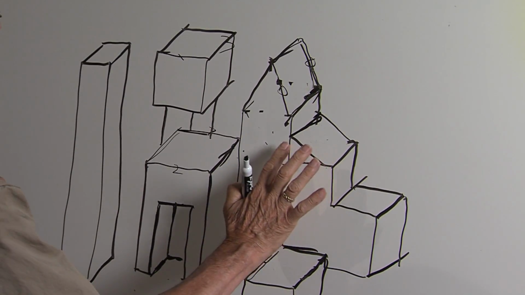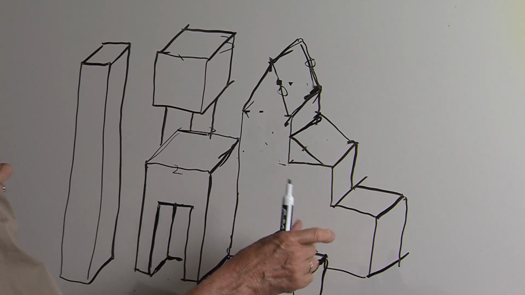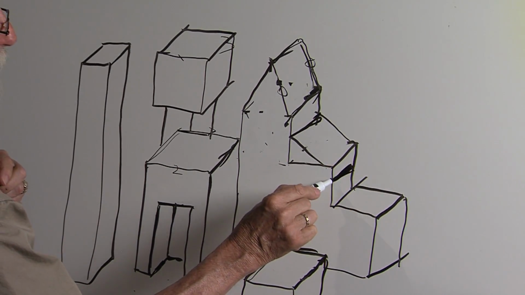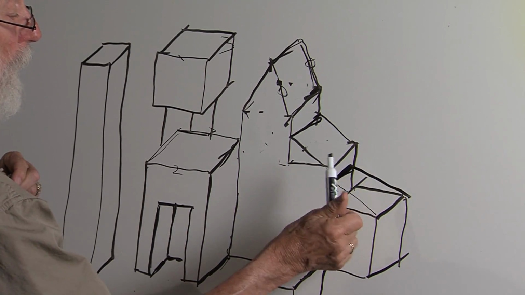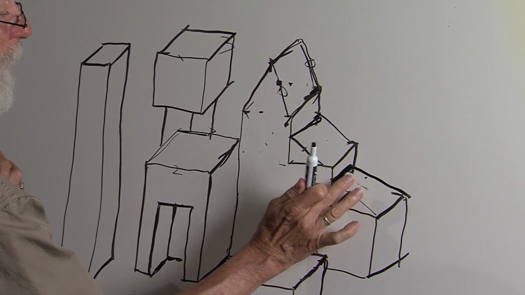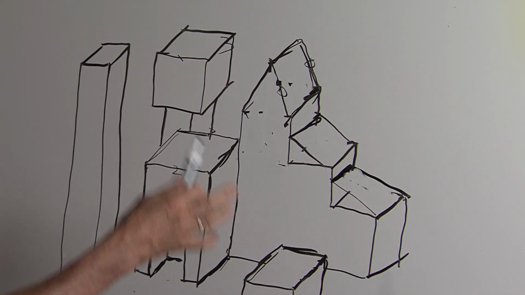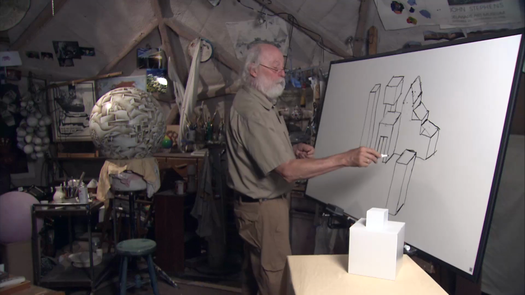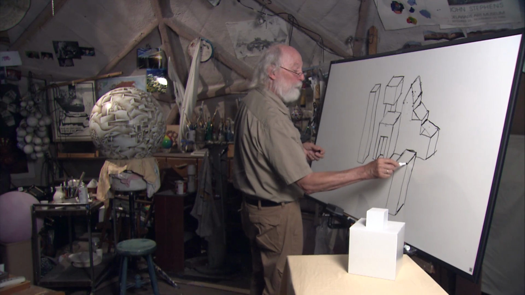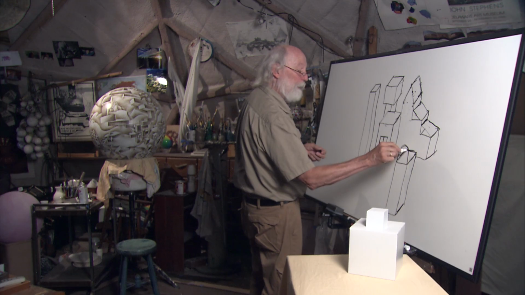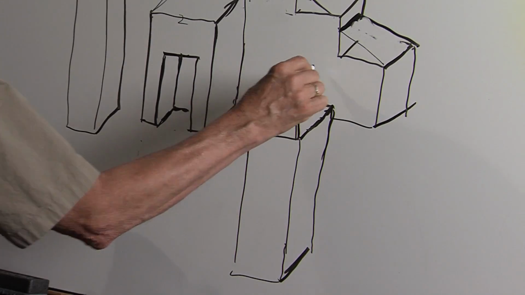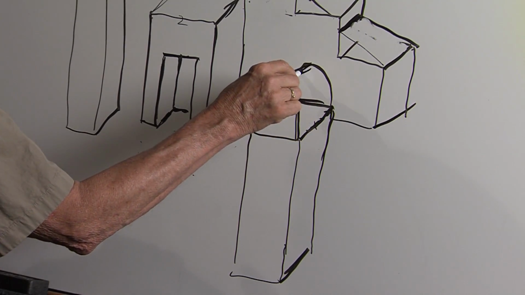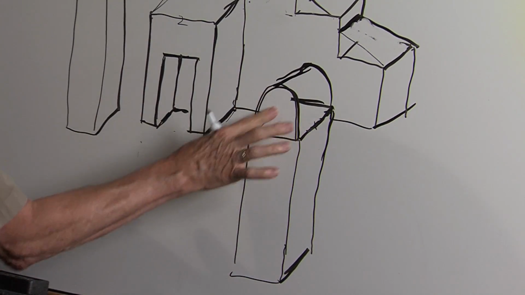Okay, and probably, let's see, and the same thing here. We'll add another line here and connect this to that and get a roof on top of this. So now we have a way for the rain to run off of it. Let's try something a little different here. I'm going to just put a part of a cylinder up in front here. And this is going to come off the cylinder parallel with number 3 lines, and it'll curve just like that. So we have another type of a roof.